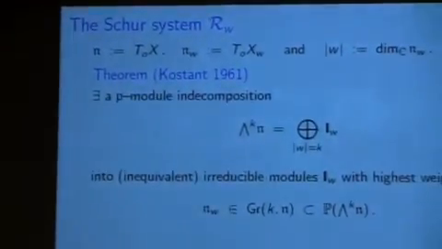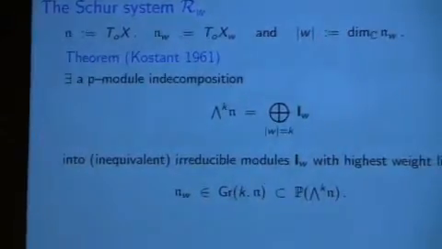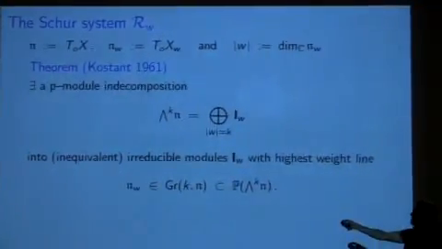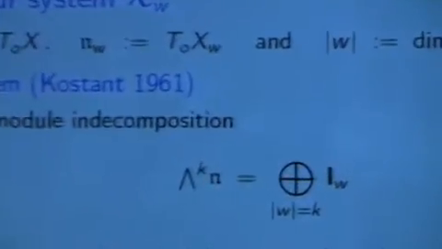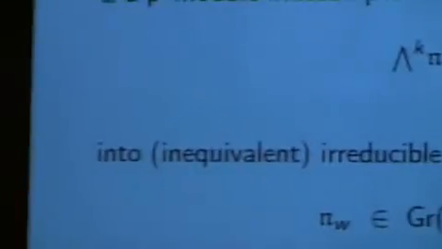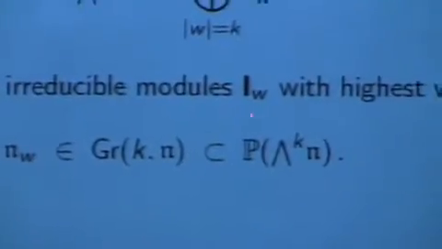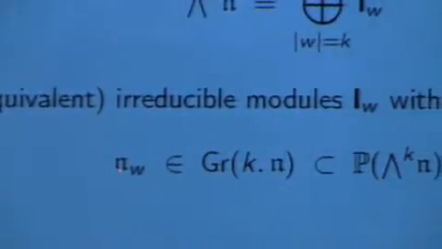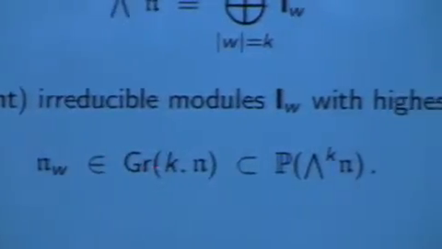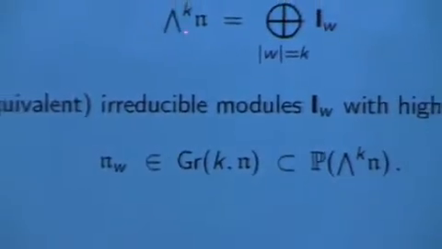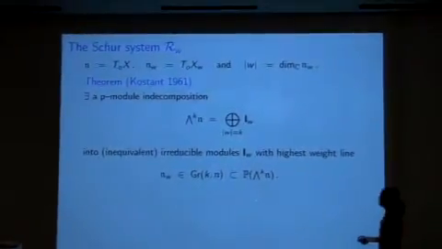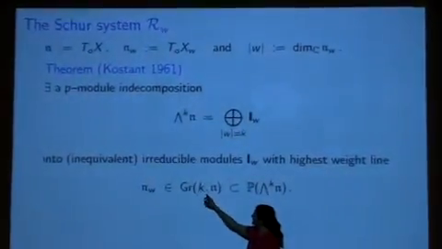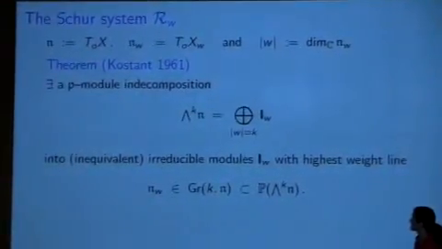A beautiful theorem of Kostant gives a p-module decomposition of the kth exterior power of n into inequivalent irreducible modules. And even better, he showed that the characterizing highest weight line of those irreducible modules is precisely the tangent space to a Schubert variety of dimension k, since we're looking at the kth exterior power. Okay? So now we're going to think of this Grassmannian of k-dimensional subspaces that are tangent at the origin